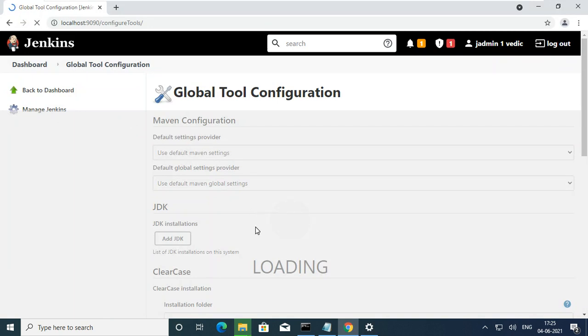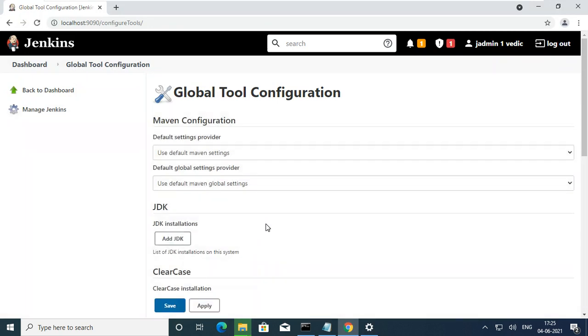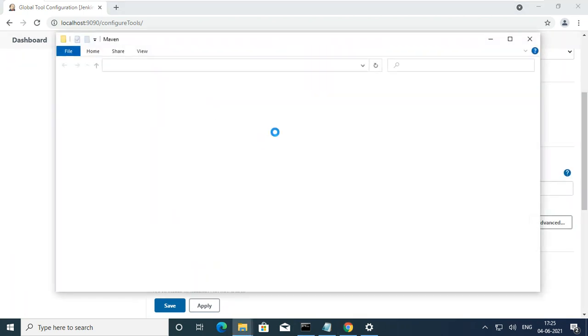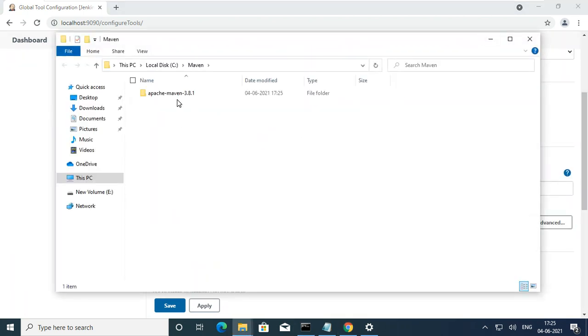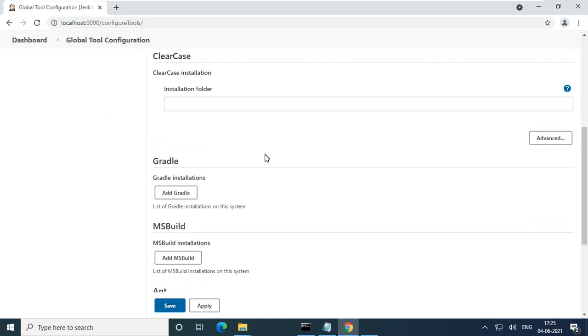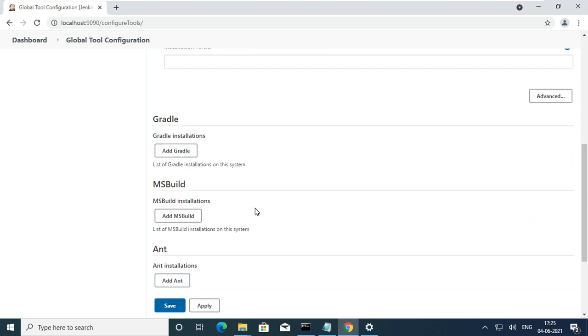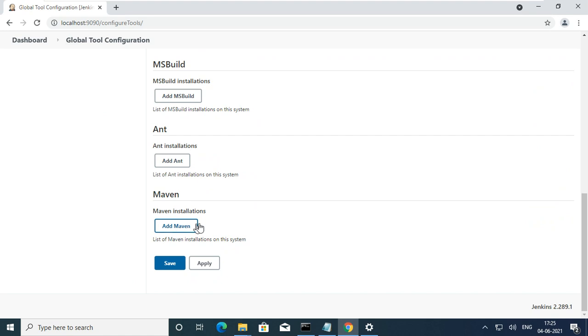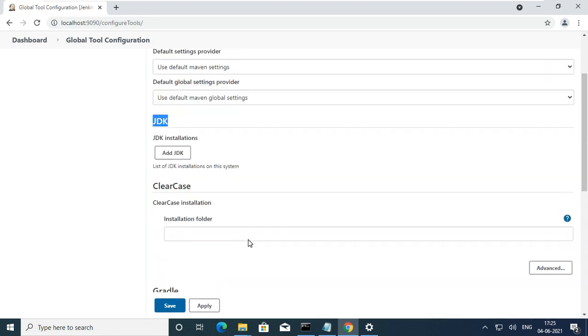Global tool configuration. Here you have to tell where your Maven is, or you can install Maven where it is located. Yeah, here it is located. Where is the JDK available? Which JDK are you using? If you are using Gradle, where is your Gradle application? You have to tell.